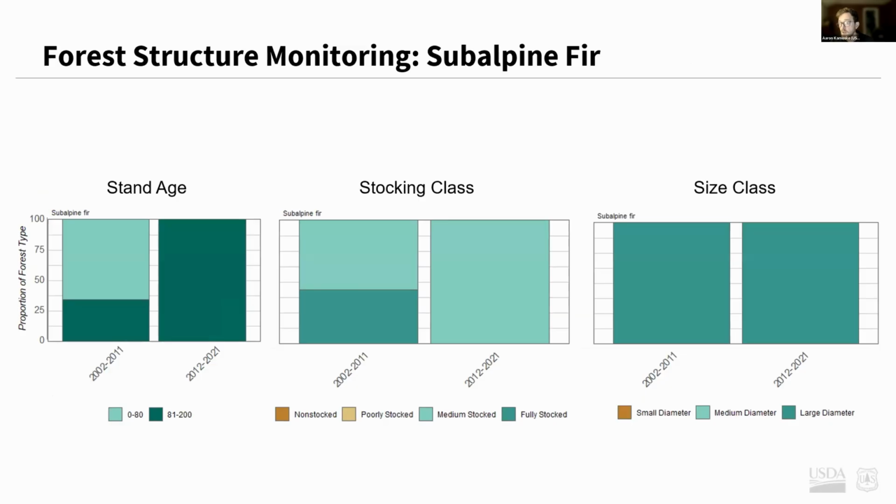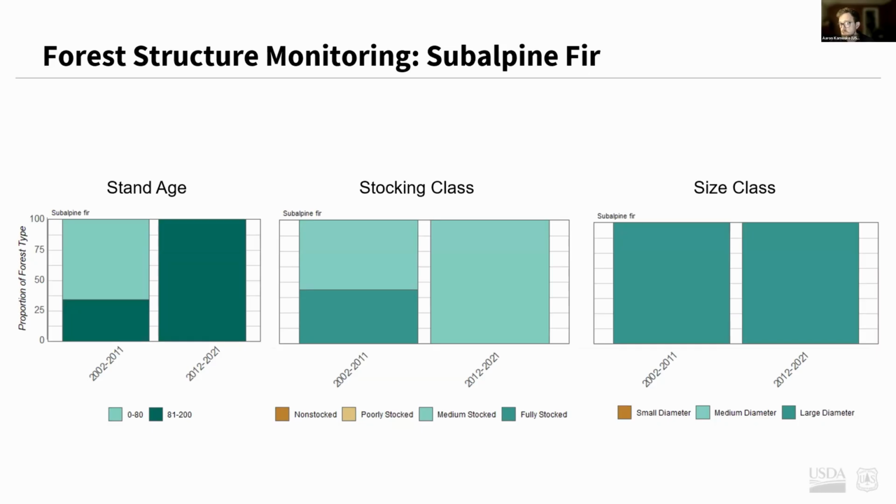Each one of these plots shows the proportion of the forest type, so in this case, the subalpine fir. And from left to right, we can see a plot of stand age with light green showing conditions less than 80 years old and dark green showing conditions between 80 and 200 years old. The middle graph shows the stocking class with all conditions being in medium or fully stocked, light and dark green respectively. And on the right, we see size class distributions showing that all conditions are in the large diameter category,